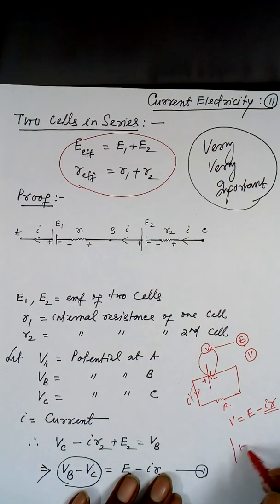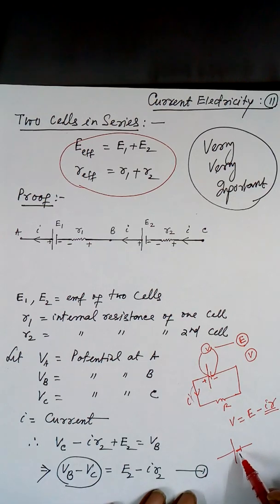And this is your cell, the internal resistance. There is no resistor inside the cell, but due to collision of electrons with the atoms and ions, there is resistance. Instead of showing it inside, I can show this internal resistance here. This is internal, this is not external, this is internal, I am showing it here.